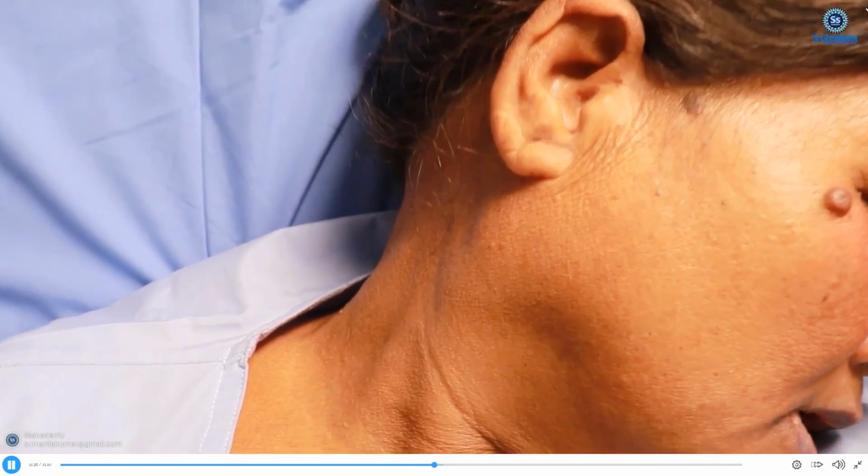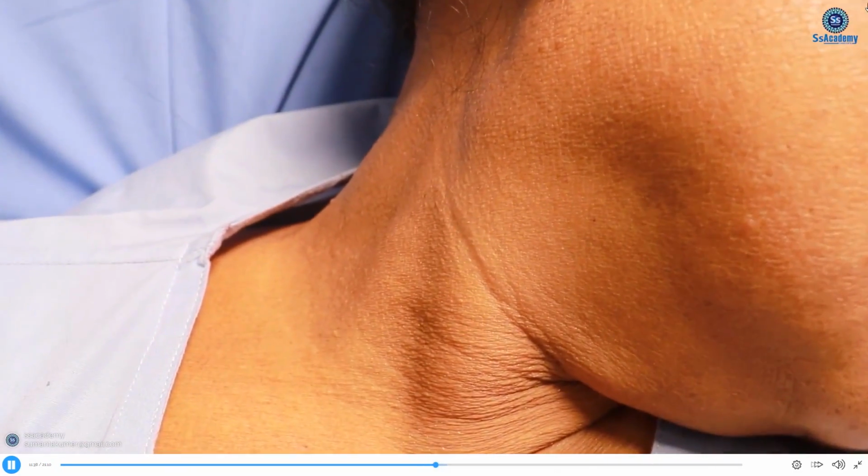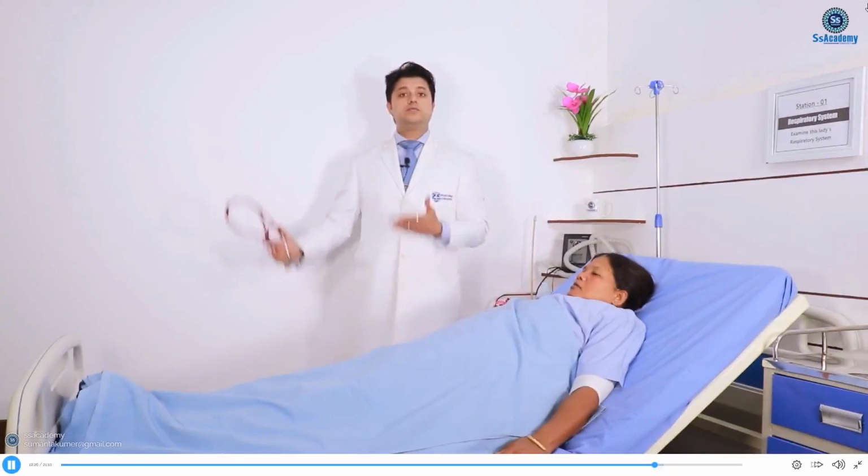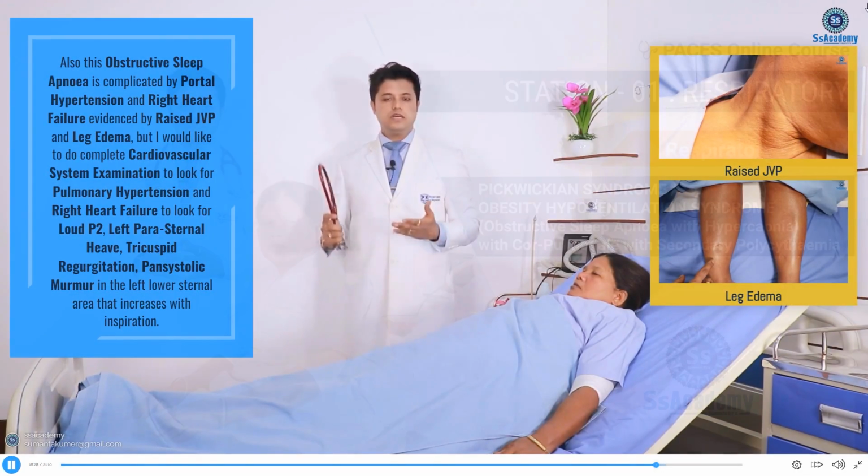Sleep apnea starts from the hypoxia that leads to the cyanosis and the secondary polycythemia. And you see that she has got the pitting edema. And the most important complications that I found,